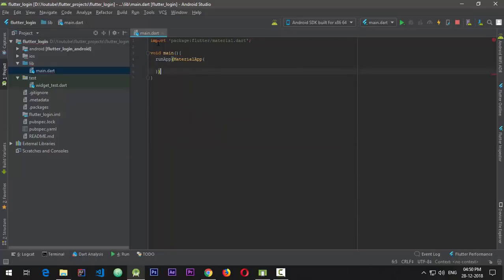In the material app, now I'll be adding a title of login app. So this title won't be displayed anywhere in the application. I'm just giving this for the sake of demonstration. So I'll be adding the home to this called home screen. Now we'll be creating this home screen. So new class home screen